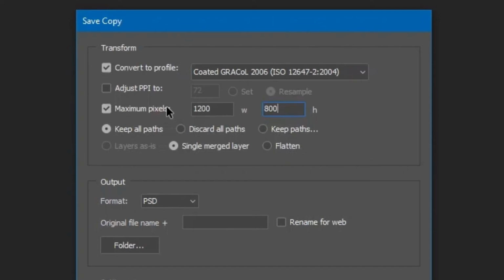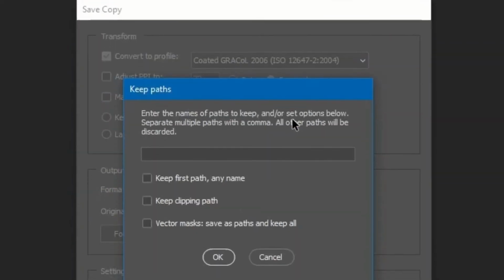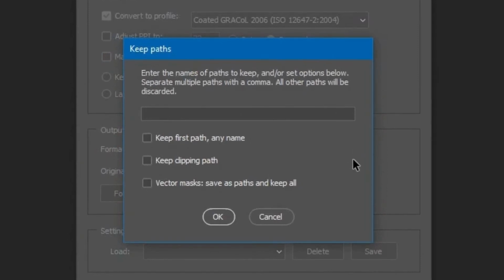Next are the path options. You may keep all paths, discard all paths, or select paths to keep. Click Keep Paths, and another dialog appears. You can specify paths by name, keep the first path, or keep any path set to the clipping path. The last option, Vector Masks, is special. For shape layers, this option saves the path, which is otherwise lost when the layer is rasterized to merge or